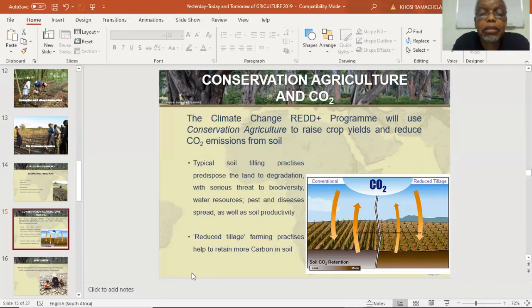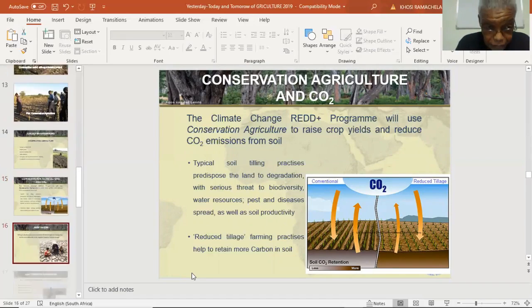Reduced tillage, on the other hand, promotes retaining more carbon in the soil, and carbon in the soil is good for all your saprophytic microorganisms. And these microorganisms help release nutrients, whether you're looking at the phosphate cycle, nitrogen cycle, or carbon cycle, and so they help nutrients become available for the crop and therefore support crop growth. The improved soil structure also helps soil water holding capacity, and hence provides the most suitable growing